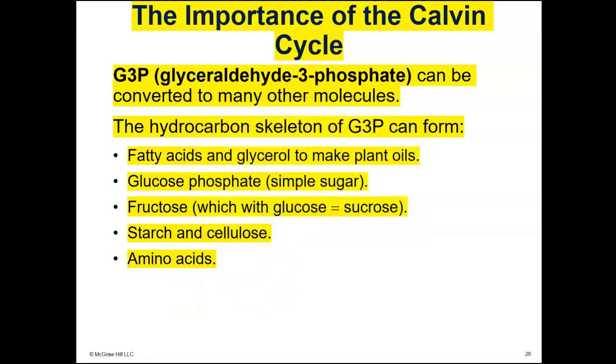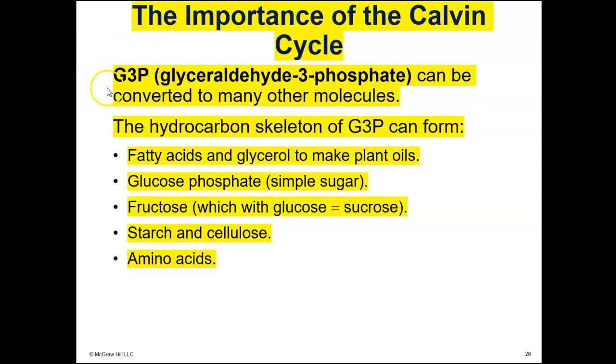This is part 2 of the Chapter 7 lectures, and we're just going to wrap up on the Calvin cycle, and then we are going to compare the C3, C4, and CAM photosynthesis, just different ways that plants have of controlling the process of photosynthesis and dividing the steps, the light reactions and the Calvin cycle reactions, in different ways. But first, let's go back to the Calvin cycle and let's talk about the product of step 2,